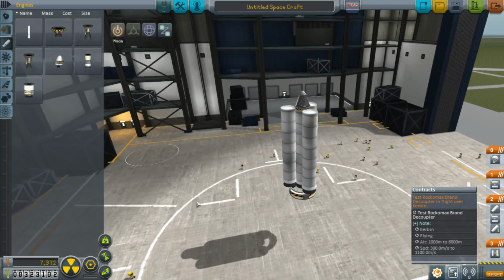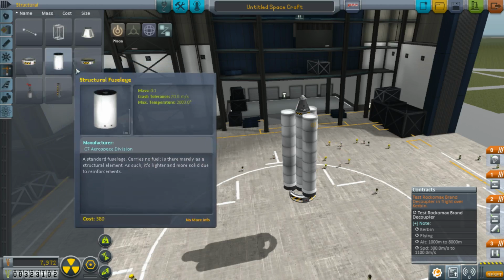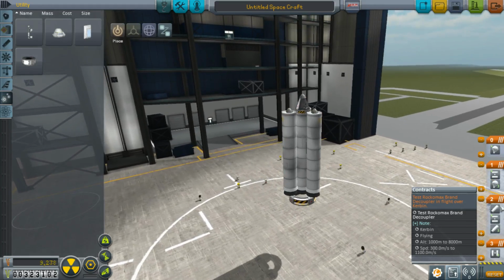I'm also gonna try for recovery. So what I want to do is put parachutes on these thumpers. Put the parachutes on. Where are the parachutes? They're in utility. Shut up. I know what I'm doing. And then these actually have to...